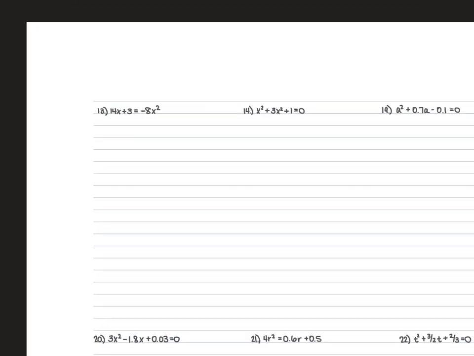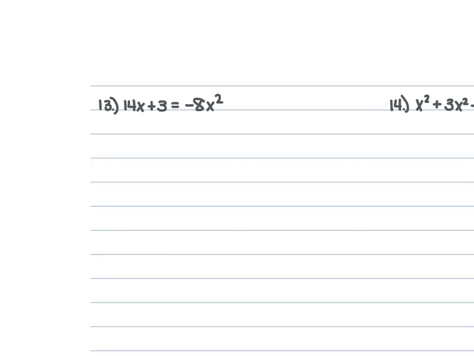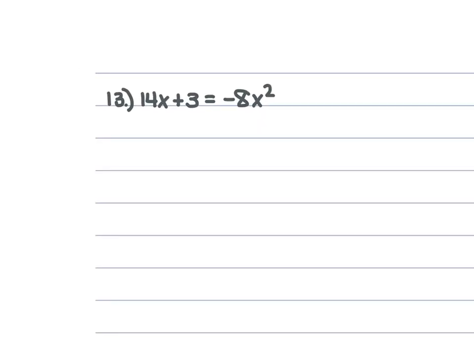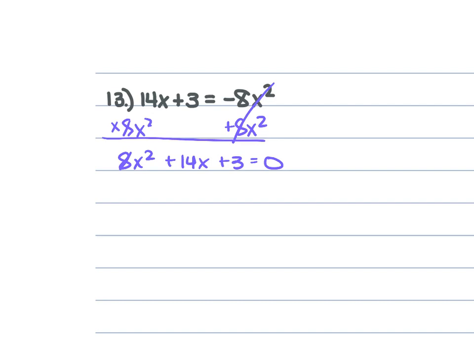For our next example, we are given 14x plus 3 is equal to negative 8x squared. We're going to add that 8x squared to both sides. And we're going to have 8x squared plus 14x plus 3 is equal to 0. So our A is the 8, our B is the 14, and our C is the 3. So plugging this all into our quadratic equation, we have